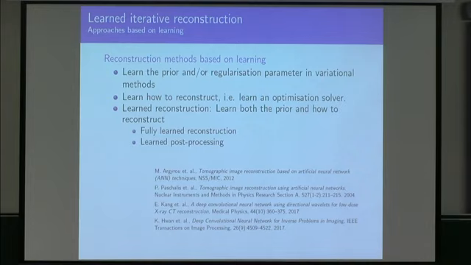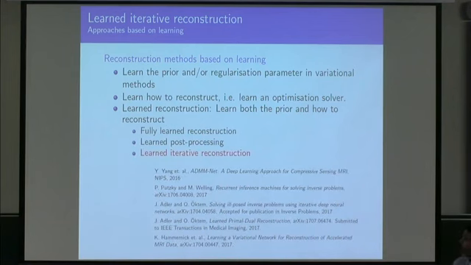Well, you can try to reconstruct the whole thing by learning. That's not going to work so well. You can do learning as a post-processing. That actually works quite well. This paper actually essentially won the low-dose CT challenge last year. It's just pure post-processing, a Feldkamp method followed by post-processing. But what we're going to do is what is called learned iterative reconstruction. So we're going to learn how to iterate in a subtle manner. These are the references that we know about right now that are relevant in this context.